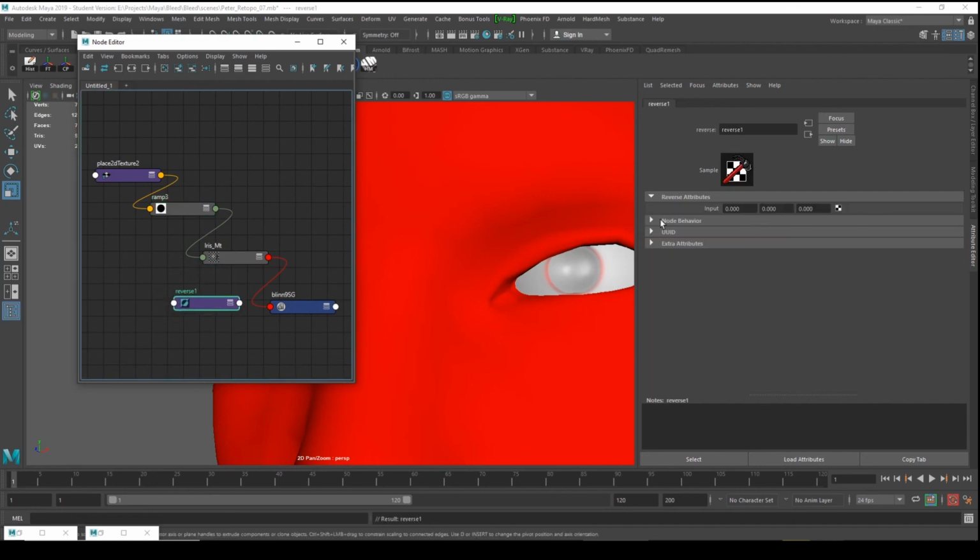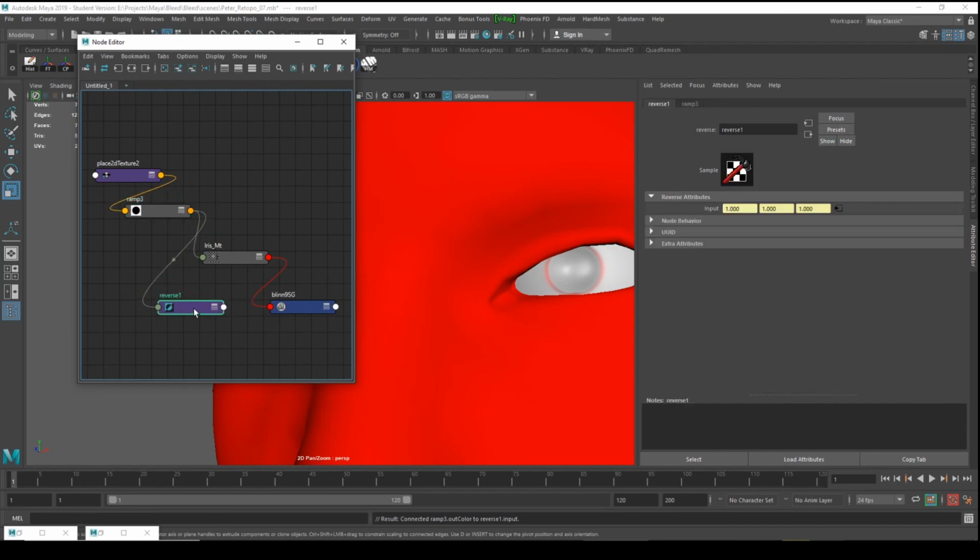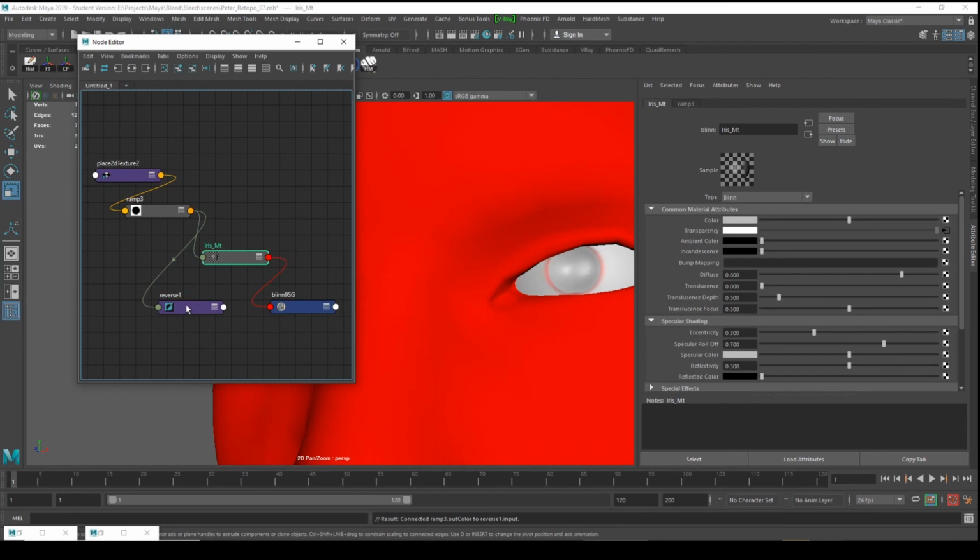Okay, so on your reverse node here, middle mouse button and right click to the input, and take the reverse. We can take the output, or let's select our iris material, middle mouse button, click and drag it to the specular color. All right,